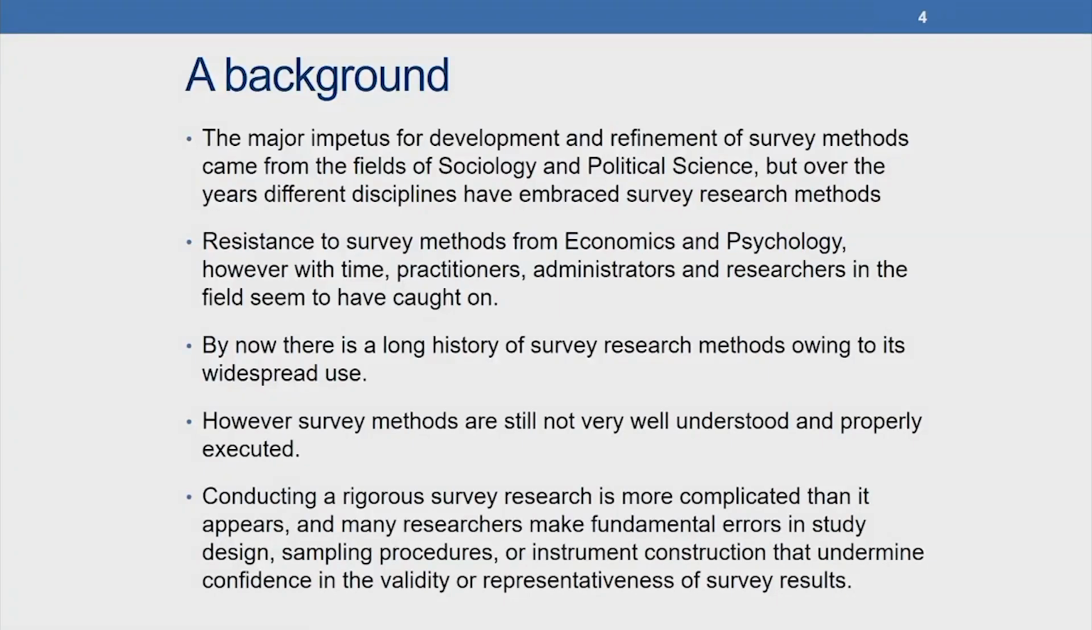However, survey methods are still not very well understood and properly executed, primarily because of not understanding the technicalities with regard to survey design and sampling methods, and that is something that we will touch upon in our lesson today. Now, conducting a rigorous survey research is more complicated than it appears, and many researchers actually make very fundamental errors in study design and sampling procedures,